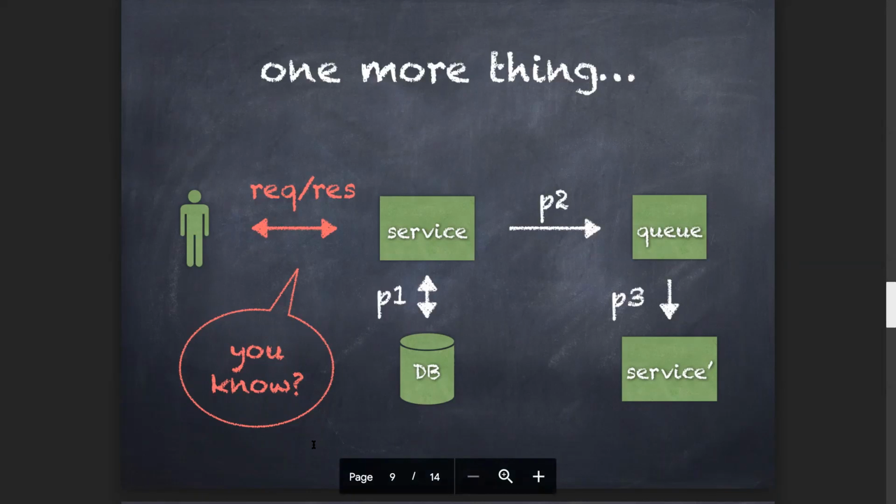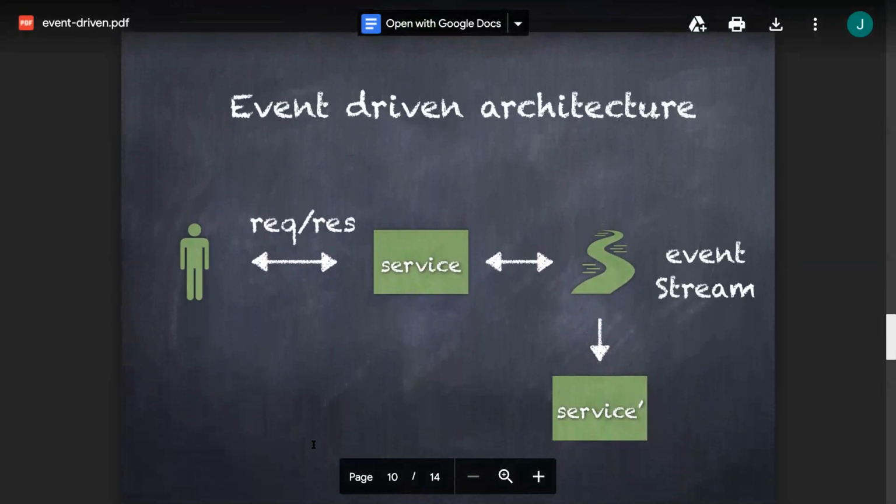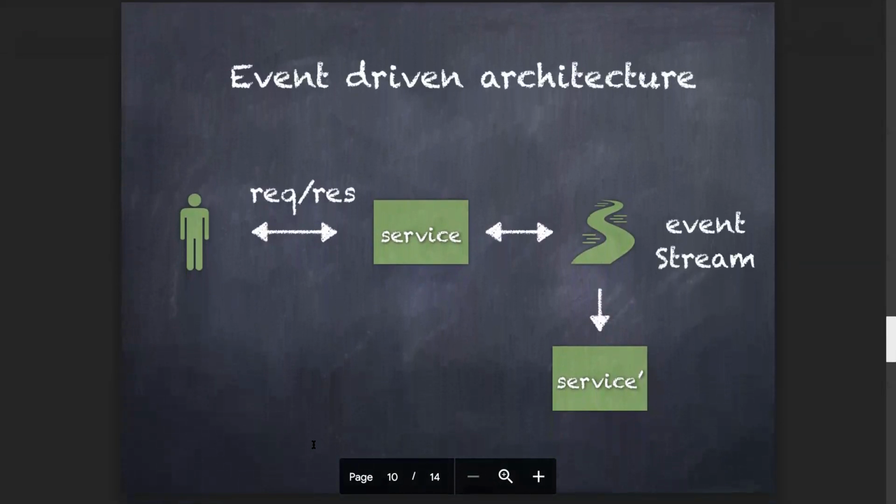So that's why we are looking for a new one, and this is event driven. Do you see any difference? We remove the RabbitMQ. So when the request comes into the service, it just writes data into the stream and then returns the response. We don't depend on RabbitMQ over here. Yeah, that's simple.